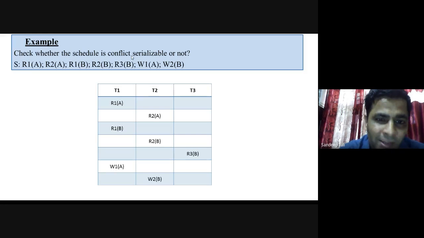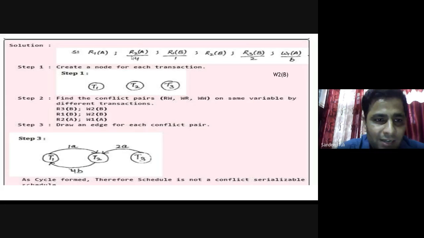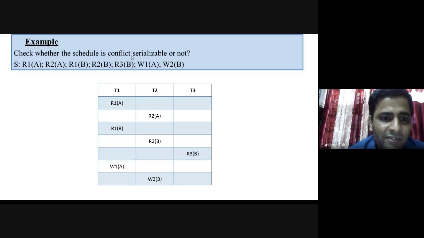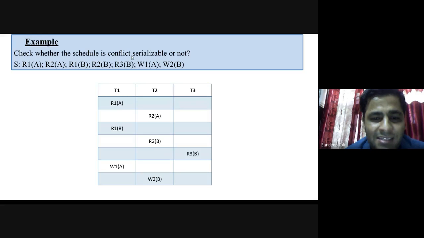Now first of all, it is clear how we will make a table when the schedule is given in this form. So in the question, the schedule can be either in this sequence or in the form of a table. Now you are able to make the table of the schedule. Now we need to proceed. So now look at this slide.